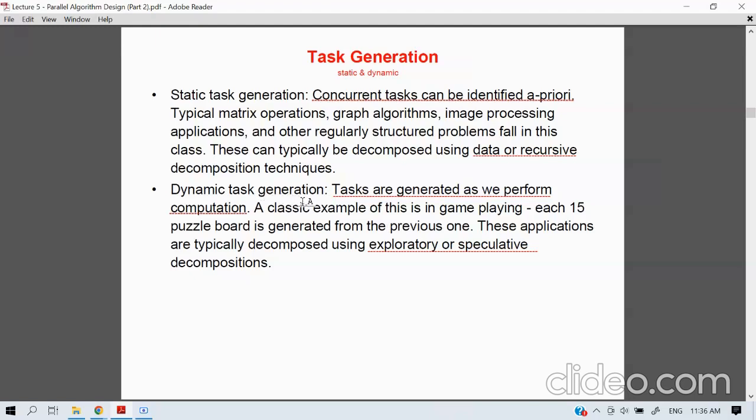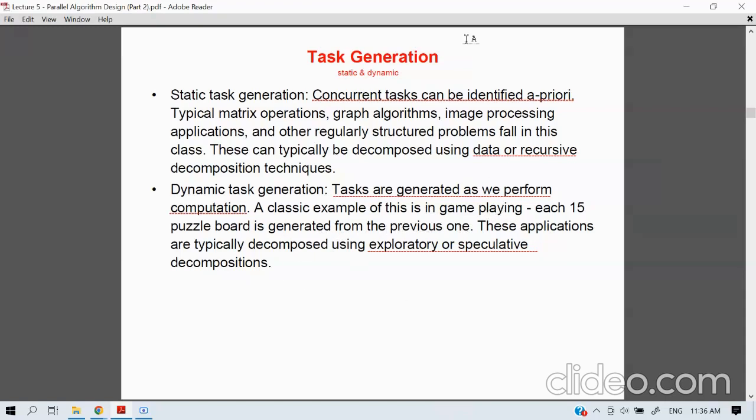So if you want to overcome this problem, you might use either exploratory or speculative. Contohnya apa? Puzzle board, yang main game kan, chess ke and so on. So you can implement this kind of